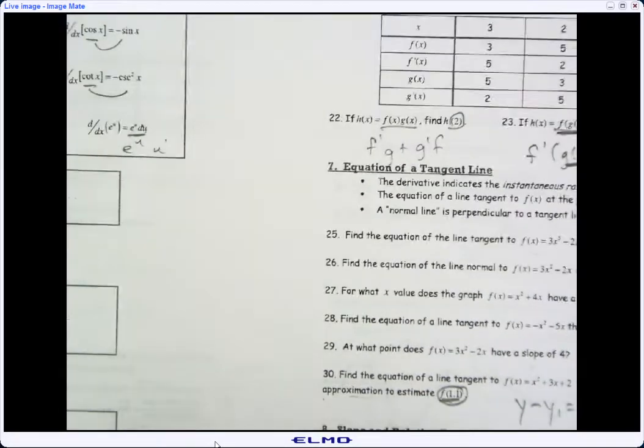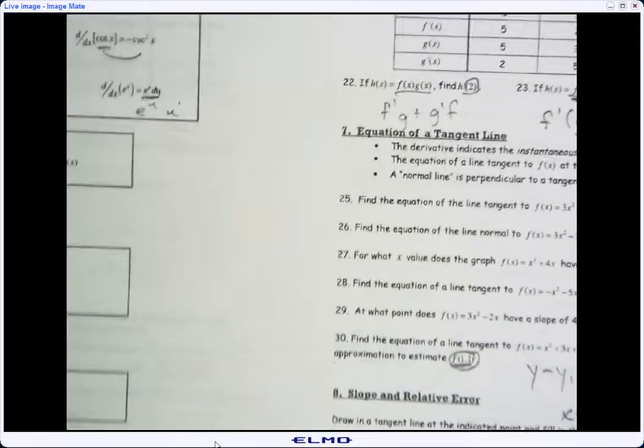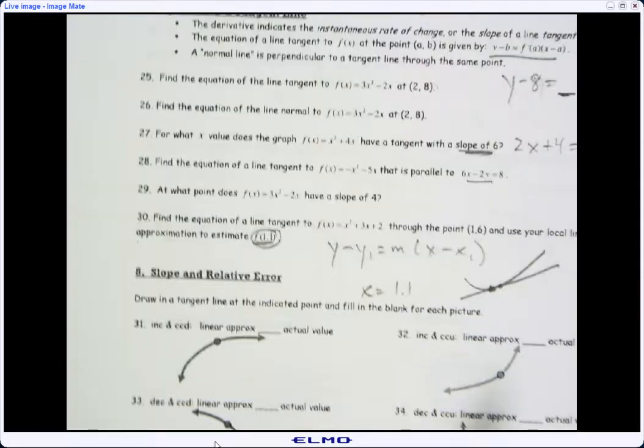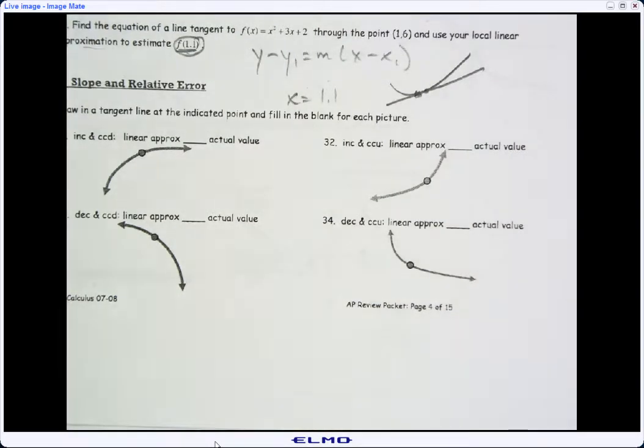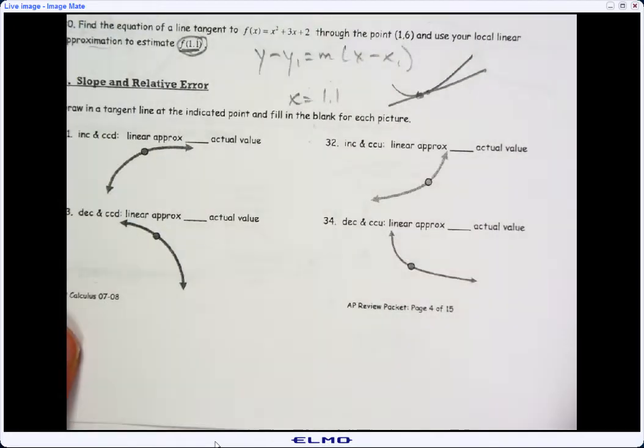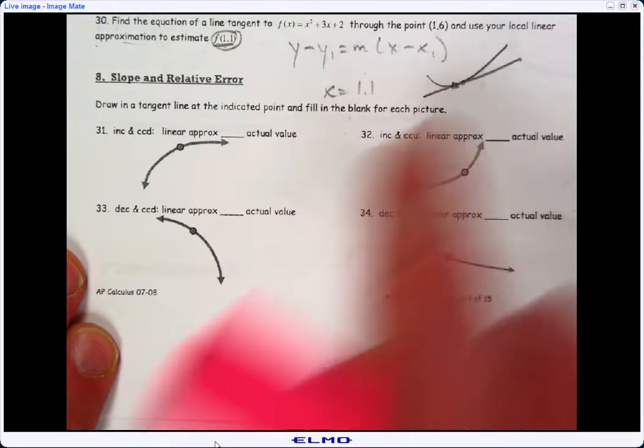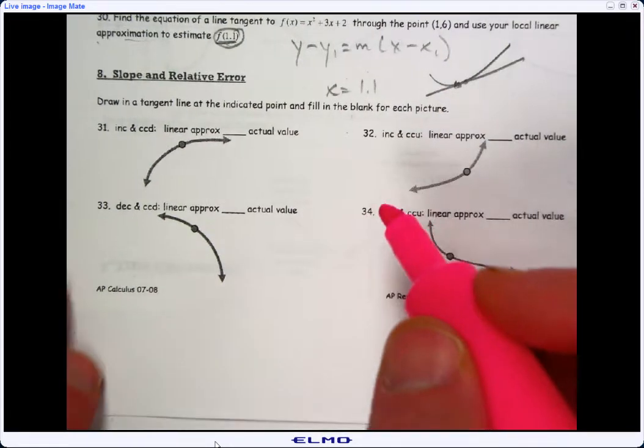Okay, we're going to keep zooming on through here. We're going to start with topic 8, right where we left off, and this is finding slope and relative extrema, or slope relative error, sorry, using linear approximation. So this kind of carries on from the last one. They're saying, is the approximation